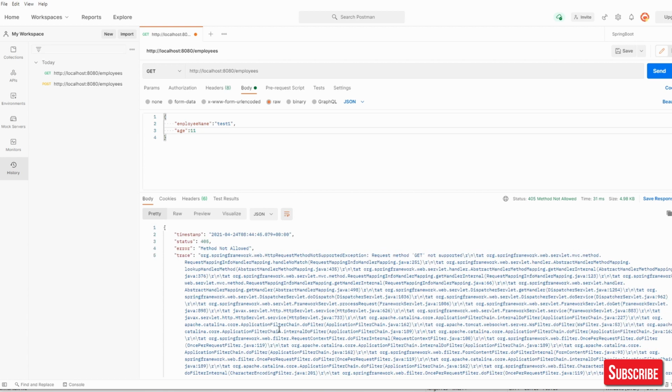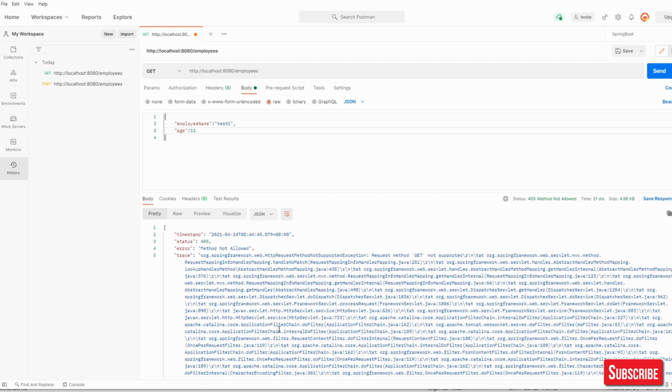So by default Spring Boot gives you a whole lot of information. But there could be a possibility that you want to handle it. You don't want Spring Boot to take care of that, correct? You want to have the information in your own version. How you can do that is what we are going to discuss.